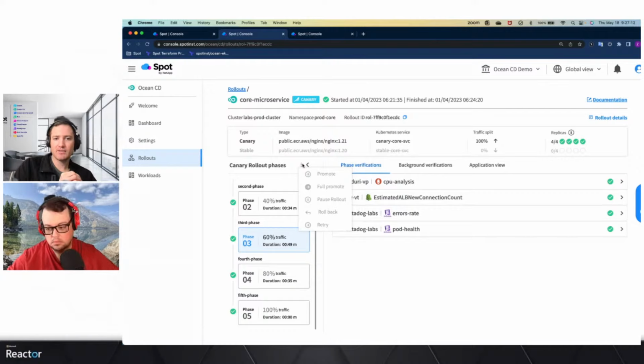We also get a lot of questions on how we lock down permissions. I mentioned a multi-cloud, multi-cluster solution. Chances are you're going to have a lot of teams that might be looking at solutions or might be interacting with OceanCD. Within the Spot platform is the first layer, where we have a very granular layer of permissions that you can set on each product.